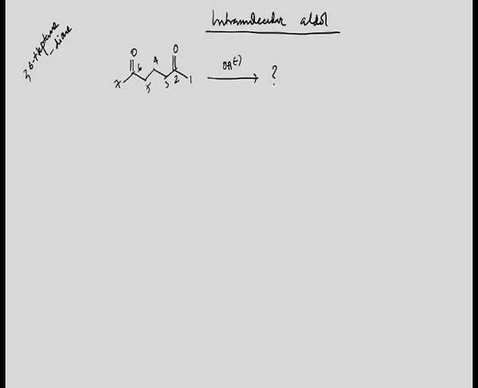You can see that this is a symmetrical molecule, and the enolate can form either, so this hydrogen or this hydrogen can be abstracted and makes a negative charge. If 5H plus gets deprotonated, then you get this one, and if 7H plus gets deprotonated, then you get